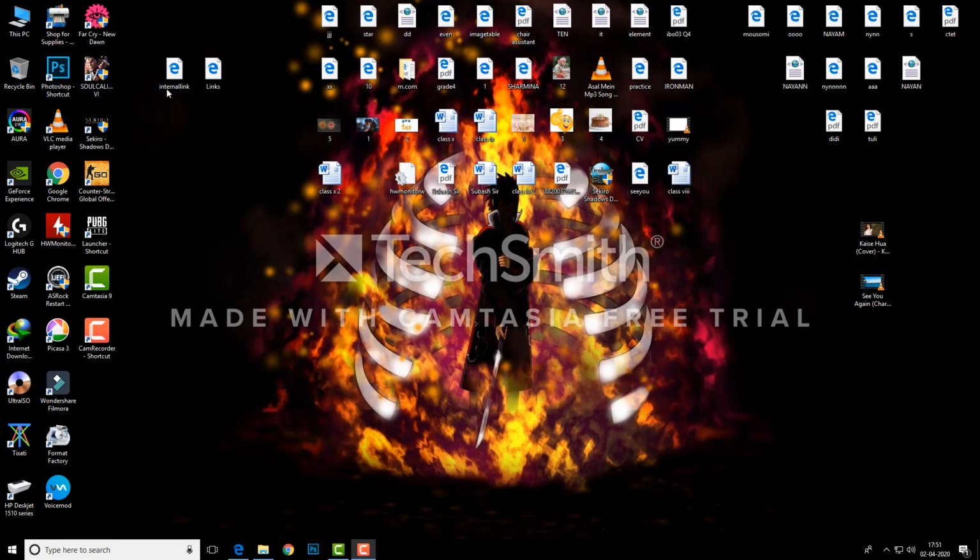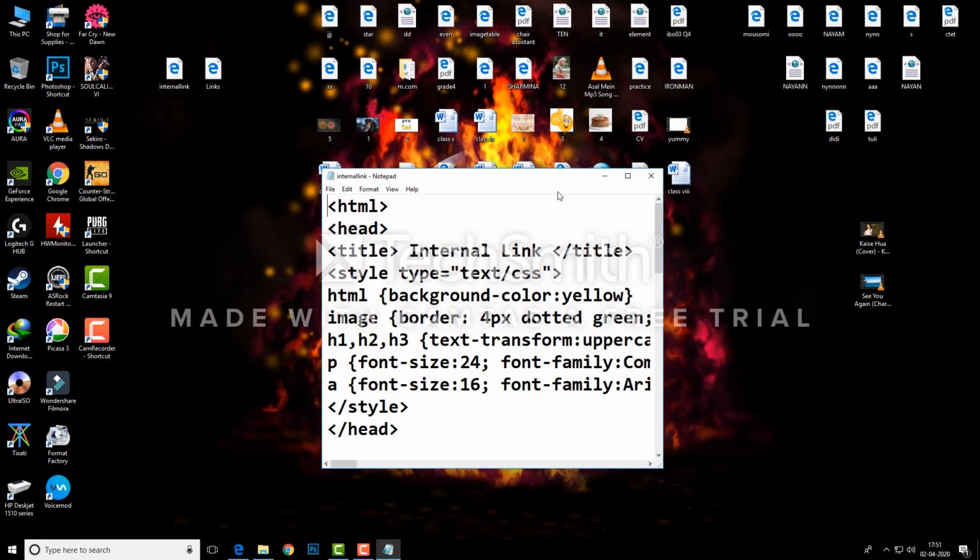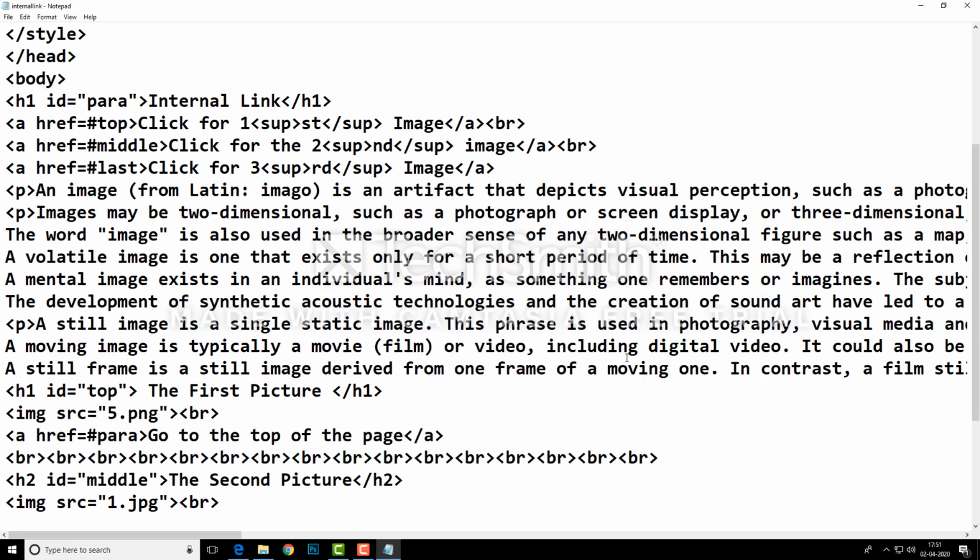Now we will discuss internal link, and as you can see, I have already prepared an internal link program for you. The program is quite big, because for an internal link program to work, the web page needs to be long. Sometimes some of the web pages on a website are extremely long. In those cases, either we or they definitely provide an option to go back to the top of the page, or to directly visit the bottom of the page, or to any part in the middle of the page. In order to do that, we need an additional attribute known as the ID attribute,